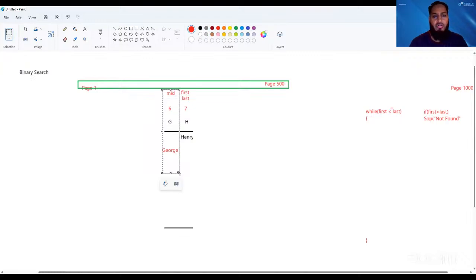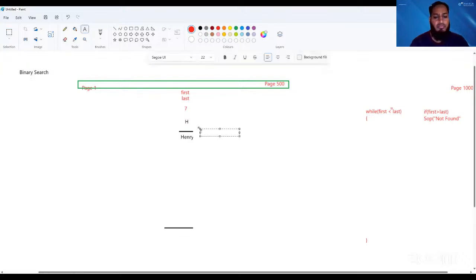So now I have zeroed down. Is first less than or equal to last? True. Calculate the mid. 7 plus 7, 14 divided by 2 is 7. Is the number we are searching for found at H? Yes. And I will say number has been found. So like this, on each iteration, you will try to remove half of the data and narrow down your information gradually till you come across the correct data. So on this principle,